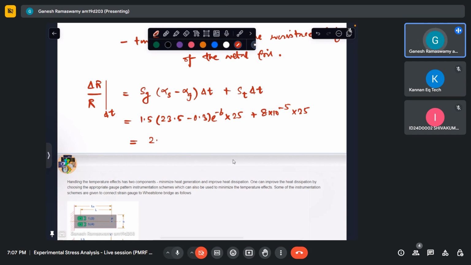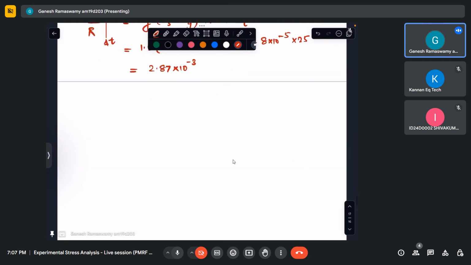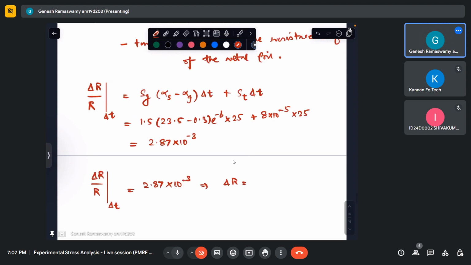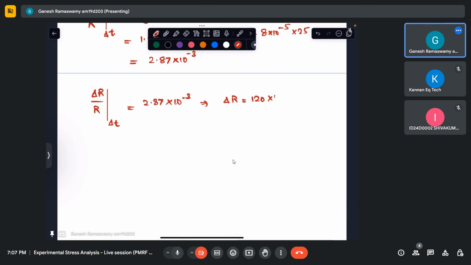So this comes out to be 2.87 into 10 power minus 3. So from here, it follows the delta R. So this gives me delta R is equal to R, which is 120 ohms for this. So this is 120 into 2.87 into 10 power minus 3. So the change in resistance